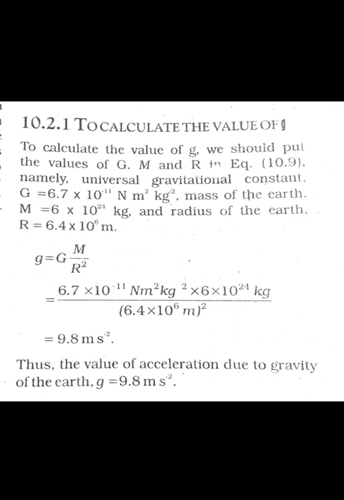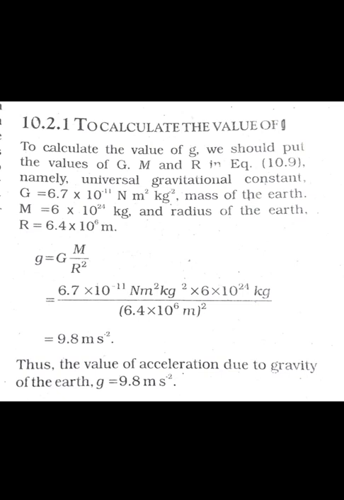So by substituting the values, the gravitational constant we know is 6.7 multiplied by 10 raised to minus 11 Newton meter square per kilogram square. Then the mass of the earth is 6 multiplied by 10 raised to 24 kilogram, and the radius of the earth is 6.4 multiplied by 10 raised to 6 meter. Substituting these values, we get the acceleration due to gravity as 9.8 meter per second square. So this is the acceleration due to gravity